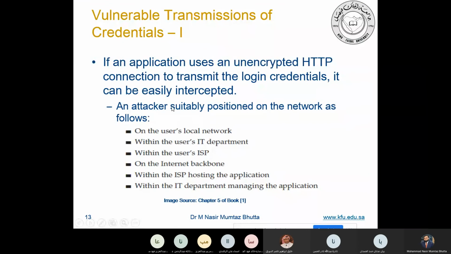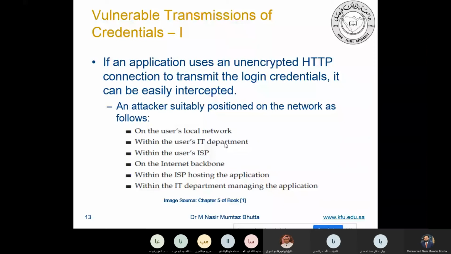So to successfully apply the proxy, you need to be in certain locations. You may be on the user's local network. Maybe you are a university employee and you have control of the university Wi-Fi server. When the user selects the university Wi-Fi, all their data travels through it, so you can apply the proxy there and capture this data. Or if you are within the university IT department, from the server you can apply the proxy and see the username and password going there.